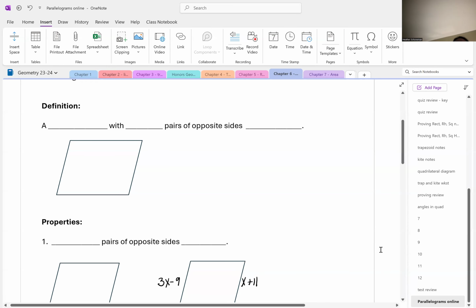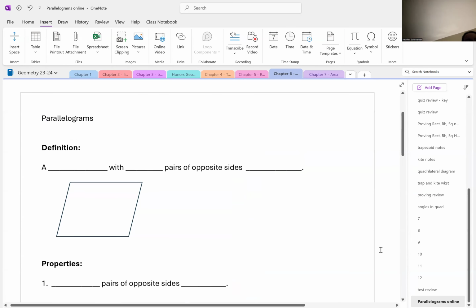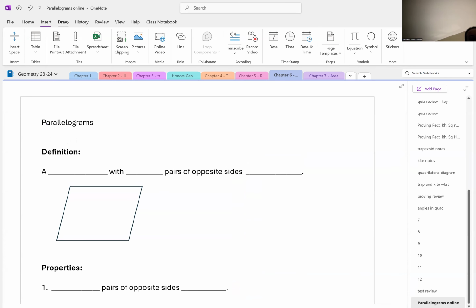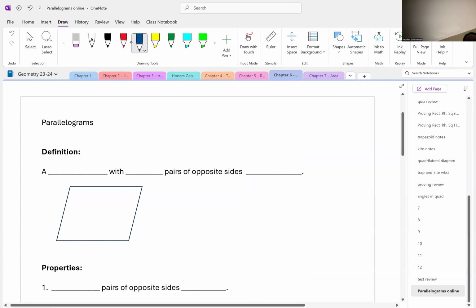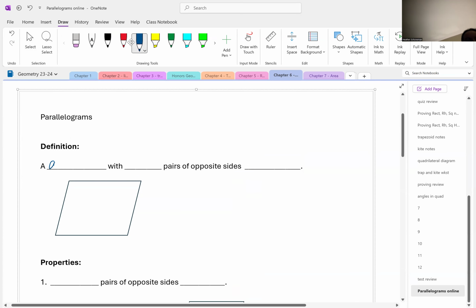Okay, this video is talking and reminding us about the rules and properties of parallelograms. So, for some of you, this is review, and some of you, this is new. But a parallelogram is a quadrilateral,